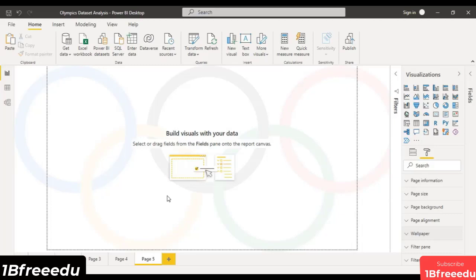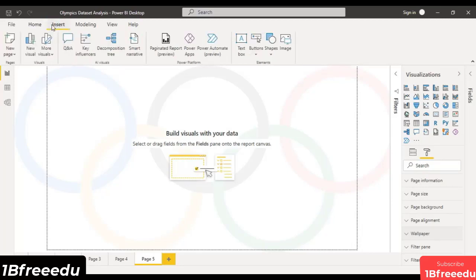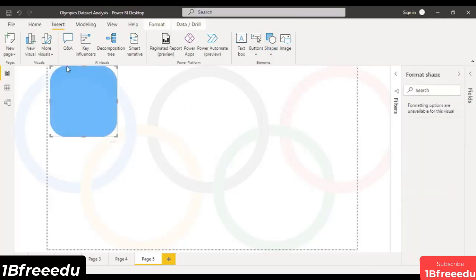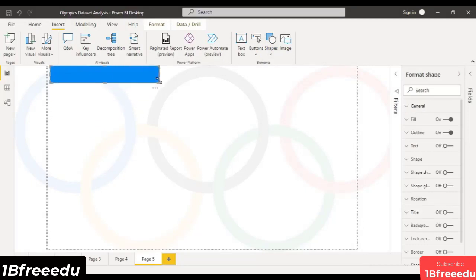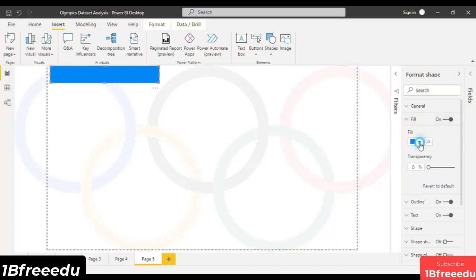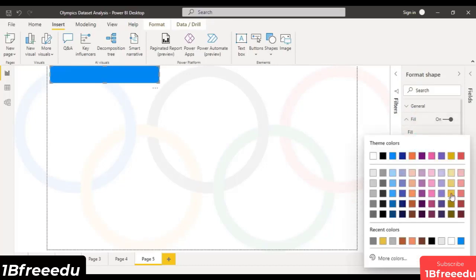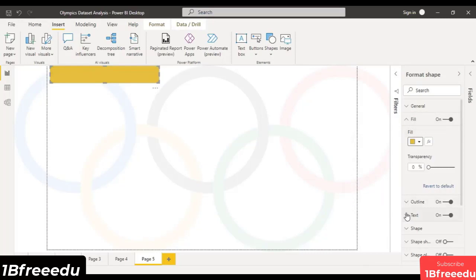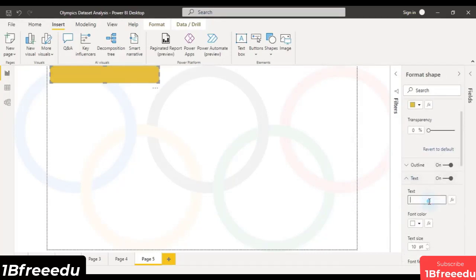But before that, just one thing, we have to tell what this report is all about. So our report is all about the Olympics dataset analysis. So we can go to the insert tab and go to this shapes option to add a shape. I'm going to add a rectangle kind of shape and I'm going to add some text into it. But before that, I'm just going to change its color. Let's just go with a golden color, and the text that I'm going to add is going to be the name of the dataset, that is Olympics Dataset